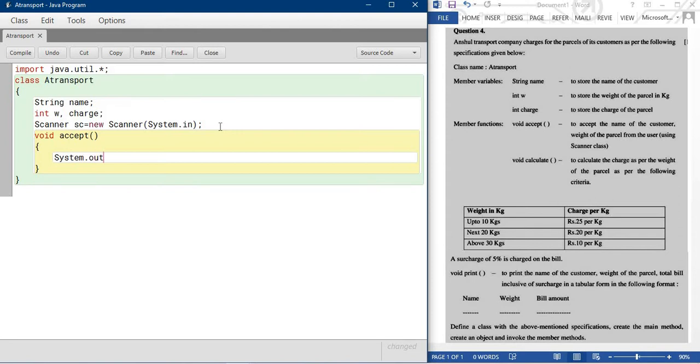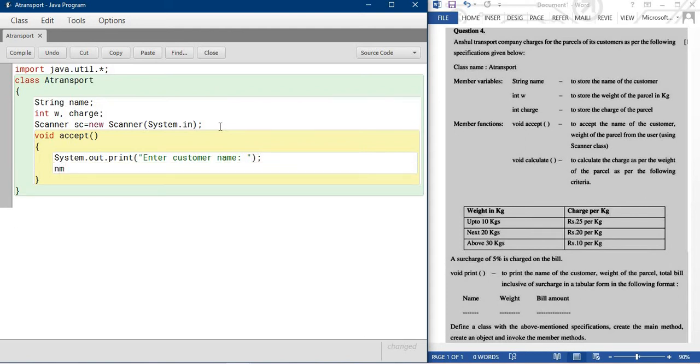System dot out dot print, enter customer name. Then use name is equal to sc dot nextLine.